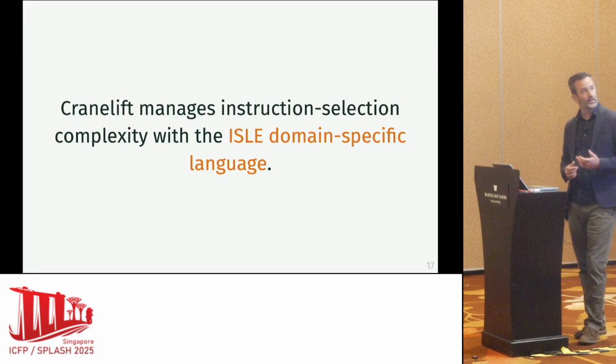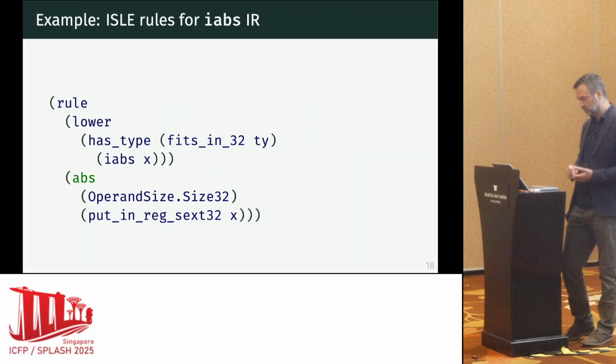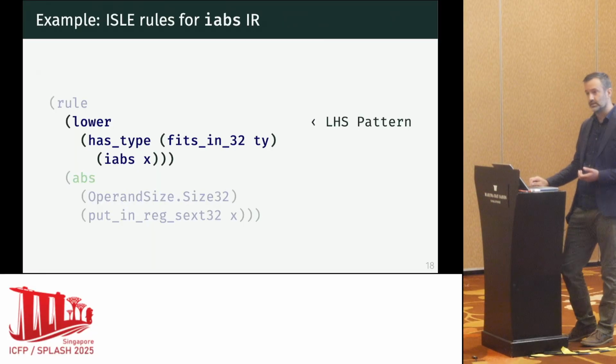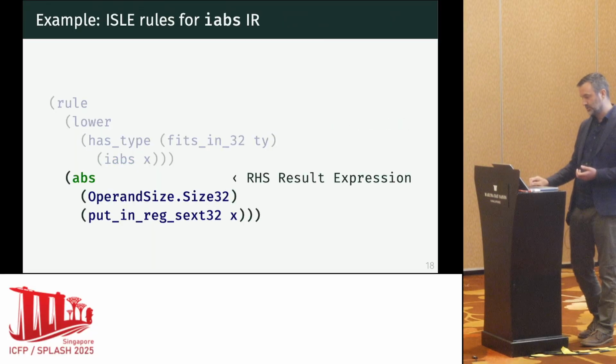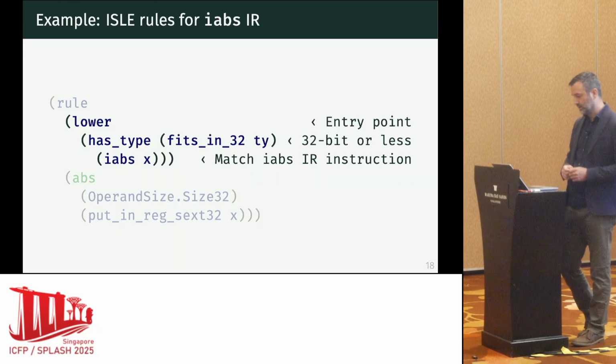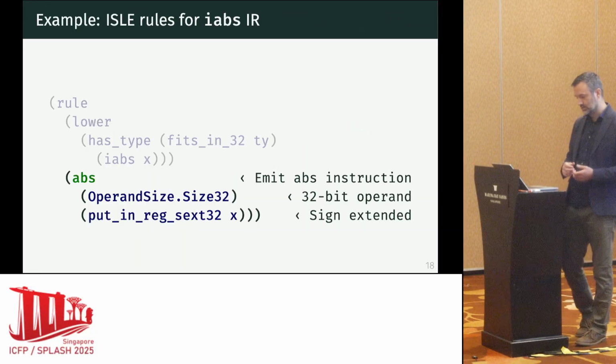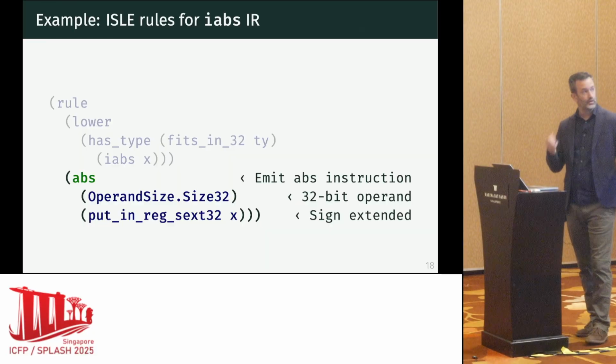So let's take a look at how Cranelift achieves instruction selection. It manages complexity with a domain-specific language called ISLE, in which developers write rules consisting of a left-hand side pattern, and on a match, it will rewrite to an expression. So what we're looking at here is a match on IABs, or integer absolute value instructions, on types 32 bits or less. And on a match, it produces this ABS node on 32-bit operands with